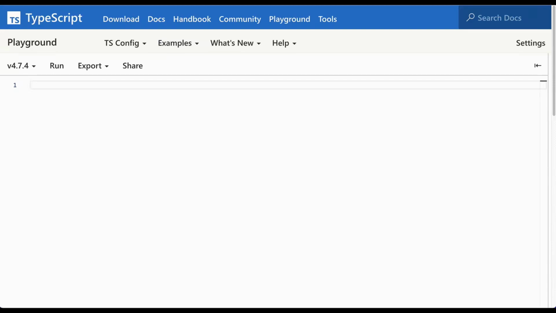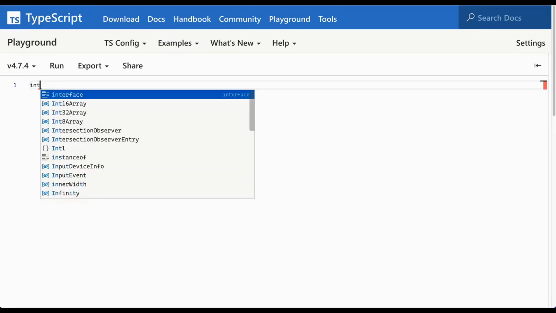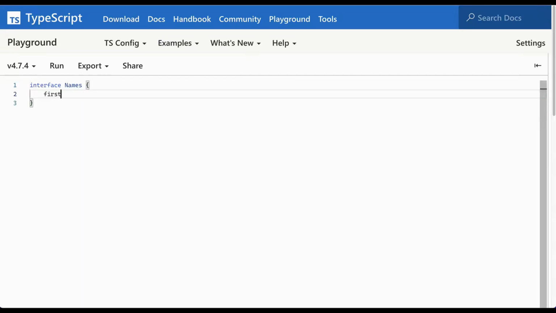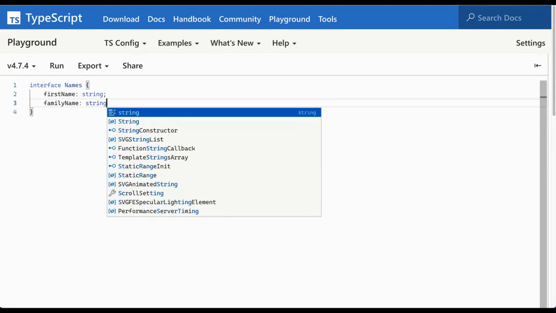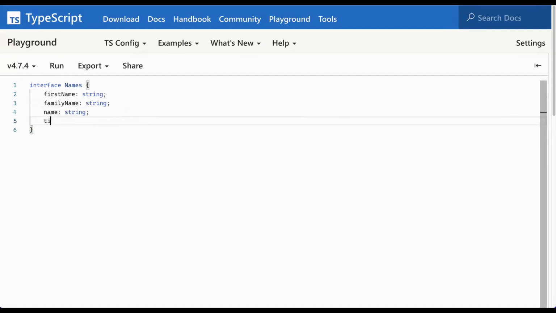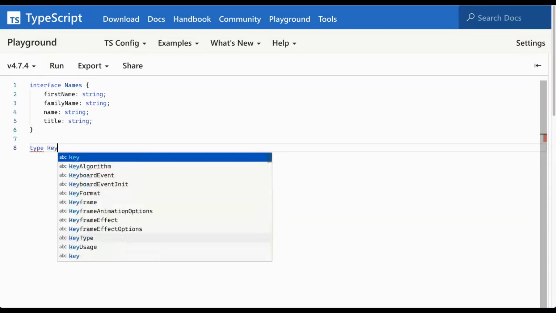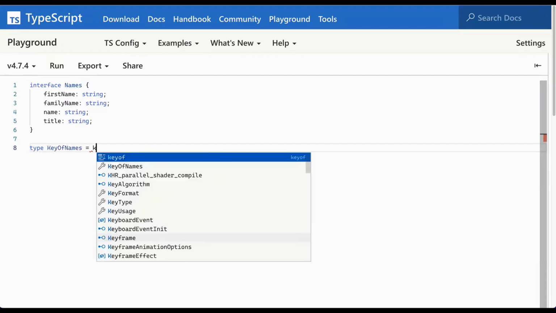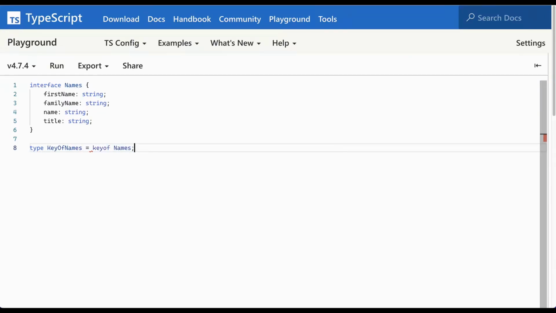So, for example, let's say we have a type names, actually interface names. We're going to have firstName string, familyName of type string, name string, title string. What we can do, if we want to have a type of names, is say key of names is equal to key of names. And now what it means is that each one of those is a key, is one of those